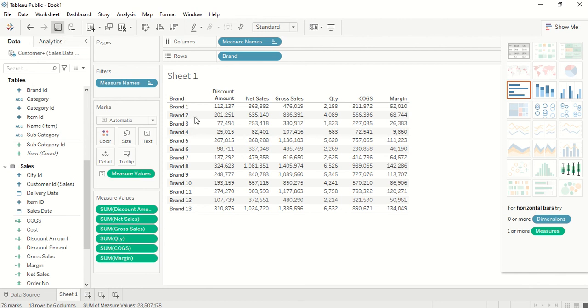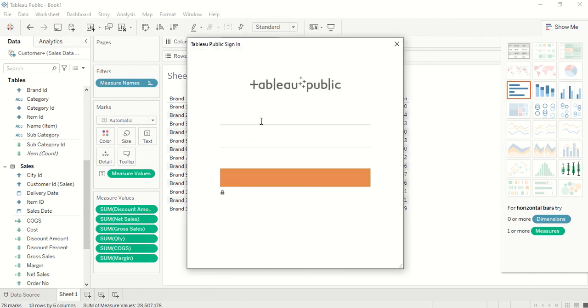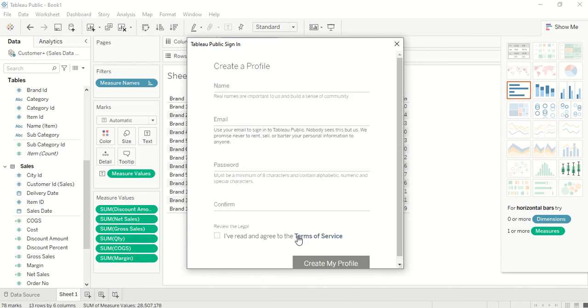Now you can also see the save is enabled. So we are going to save it here in Tableau Public, and if you want to save it, I need to sign in. So I'm going to create a login, and I'm going to save this also. You can also follow the steps and do it. Right now I don't have one, so I will say create new, and I'm going to give my name, email ID and all those details, and let me create it. And once I'm done, I'm going to show you the next steps.